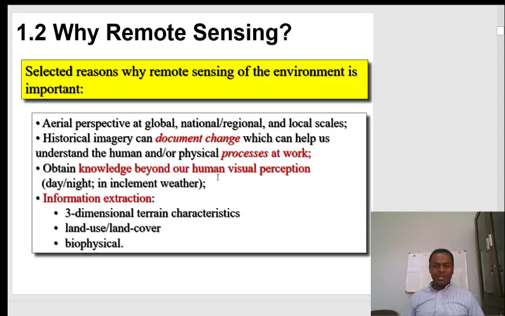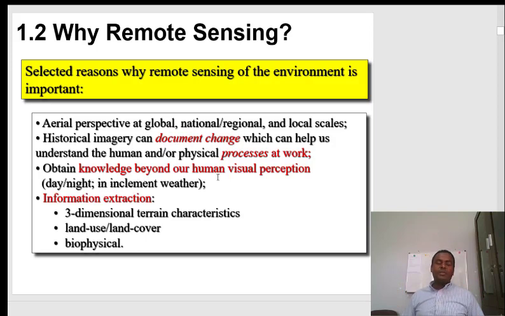It's called the visual range. Human eyes usually operate within the visible range. This visible range goes from 0.4 micrometer wavelengths up to 0.7 micrometer wavelengths. Okay? So if we rely on this visible range only, our knowledge can only be limited by this range,